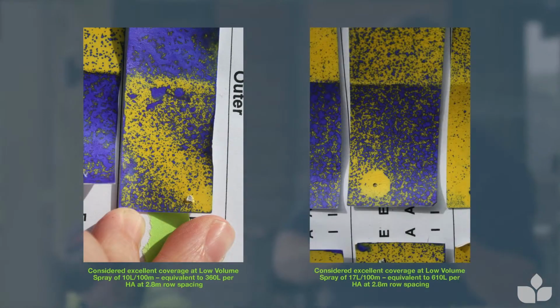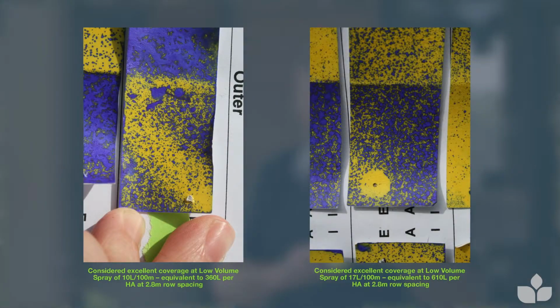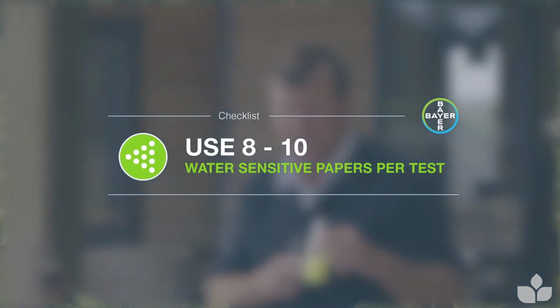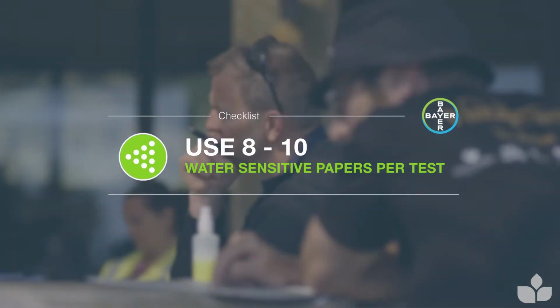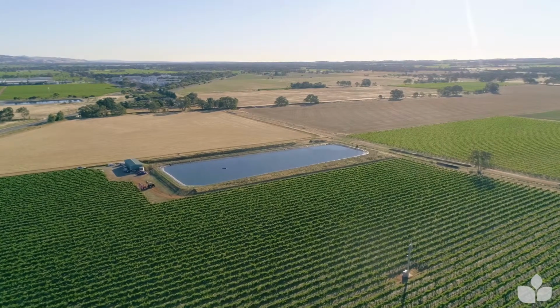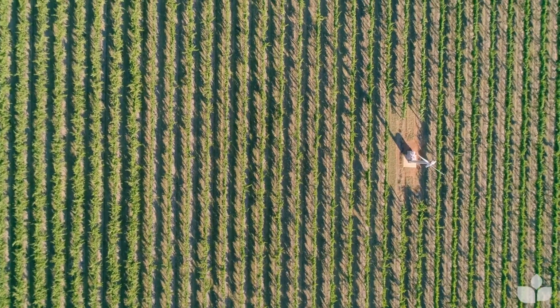Water-sensitive papers are a great tool for doing this, and there's good methods for folding papers in half. You need to use about 8 to 10 papers per test to get a good look at what the sprayer's doing. We fold them in half, we pin them into the canopy, usually around the bunch zone, spray past them, and we pull them all down, pin them on some papers and have a look at the total impression of